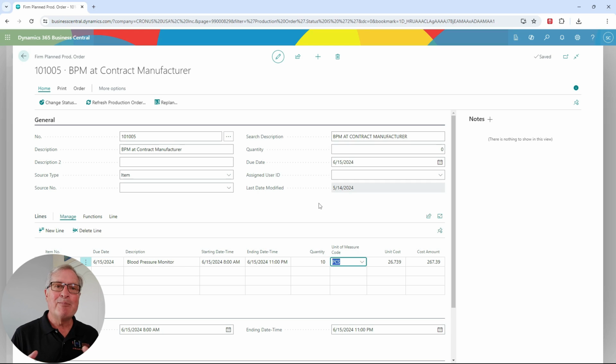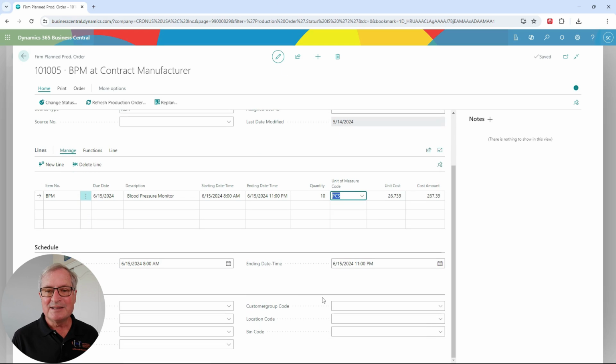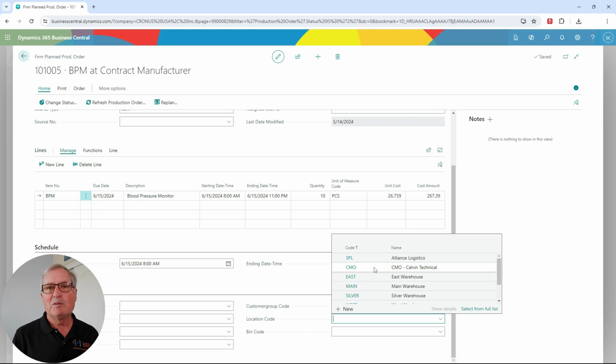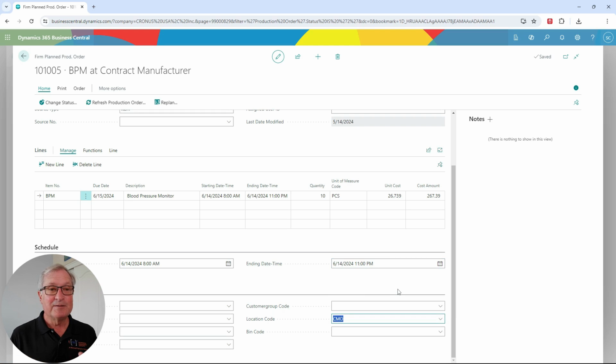I can use the same mechanisms, just specify different locations. So for example, I've got a planned production order. I can say instead of inside, it's going to be an outside location. One way to do that is to specify the contract manufacturing location right here. I'll do that. That means that this finished good item is going to be assembled here. And then what I would do is transfer that to a third-party logistics company so that they could then send